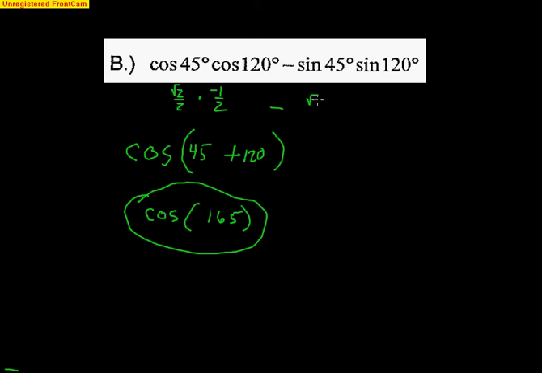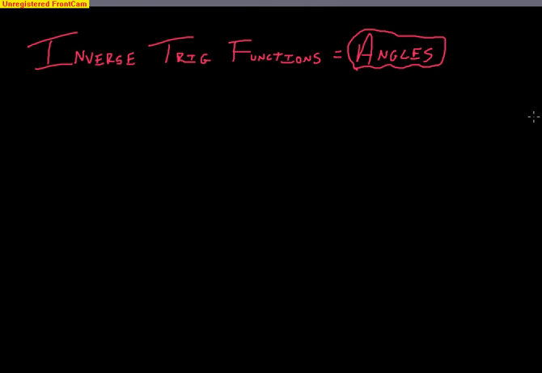I know sine of 120 degrees is radical 3 over 2. And you end up getting negative radical 2 minus radical 6 all over 4. You can do it that way as well. All right, so what I want to do next is shift gears a little bit here and talk about inverse